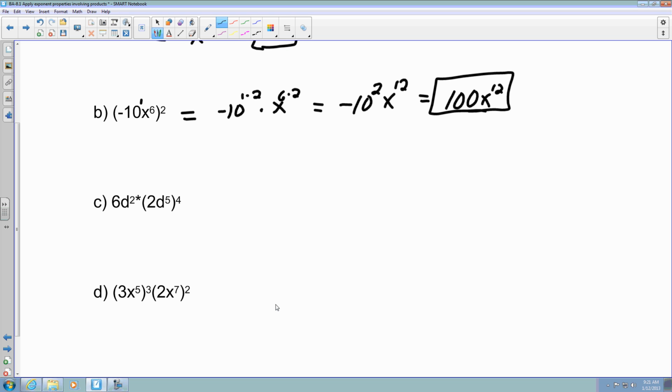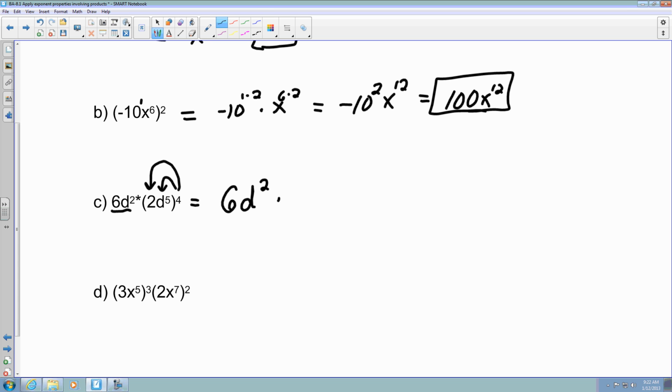C is 6d squared times 2d to the 5th, all to the 4th. So let's just pay attention to this value here. Let's keep in mind that this square value is only attached to d. There's no parentheses that incorporates both of them, kind of like the 4th power here. The 4th power here actually is attached to both the 2 and the d to the 5th. So when I'm simplifying this, I'm going to use 6d squared, just leave that alone at the moment, times